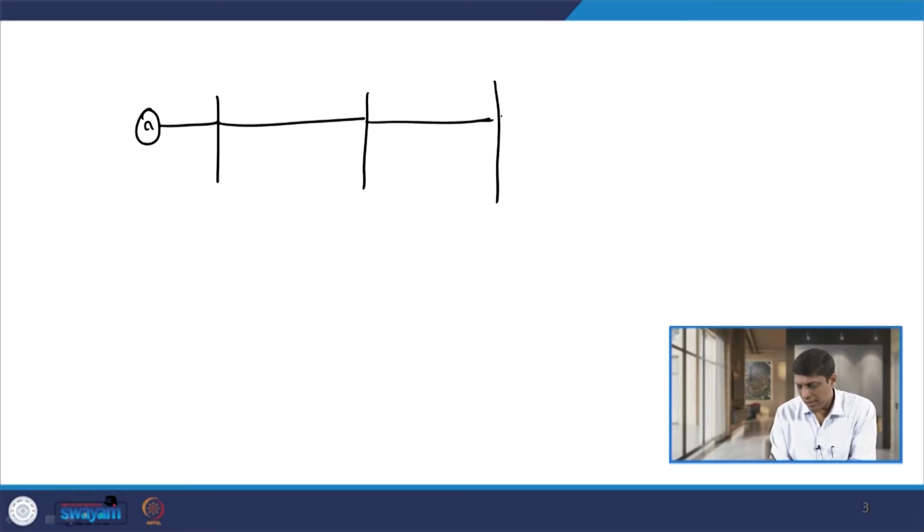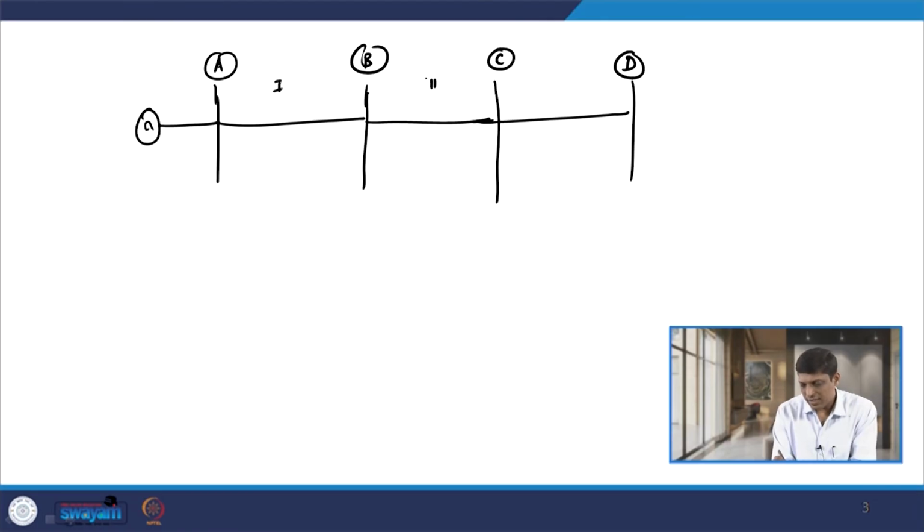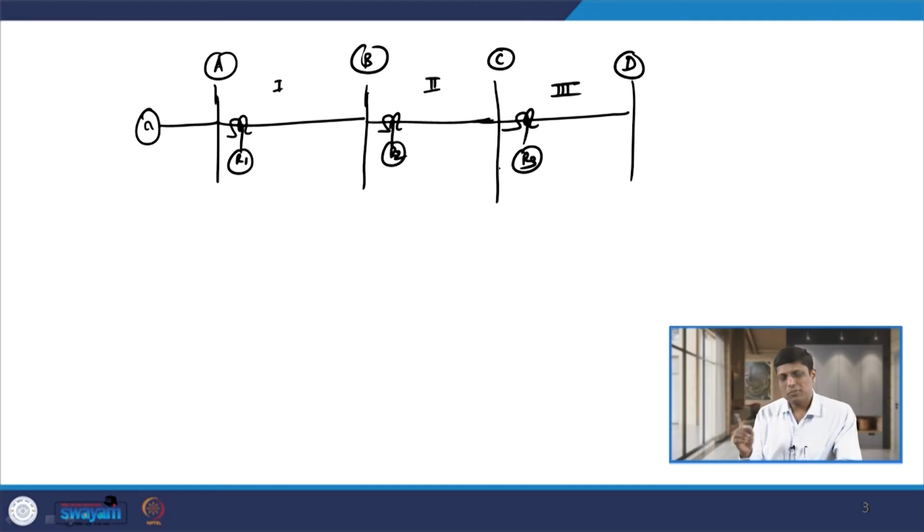let us say we have a network like this, a 3 section network. So, we have 4 buses A, B, C and D, and let us say we have 3 sections, section 1, section 2 and section 3, and in each section we have a relay R1, relay R2 and relay R3. So, the meaning of the first rule for plug setting is that the reach of the relay shall reach at least up to the end of the next section. So, the reach of relay R1 has to reach up to substation C, and the reach of R2 has to reach up to substation D.